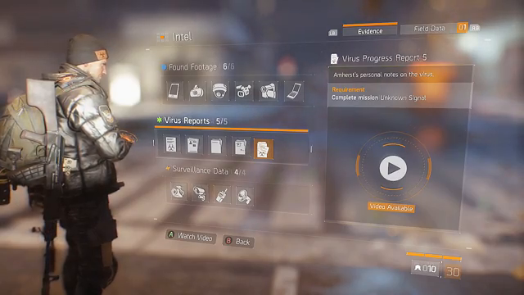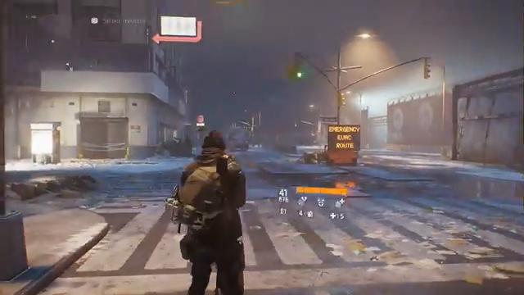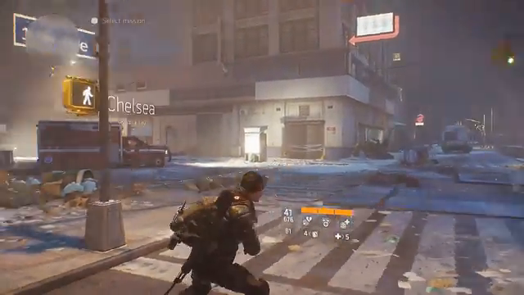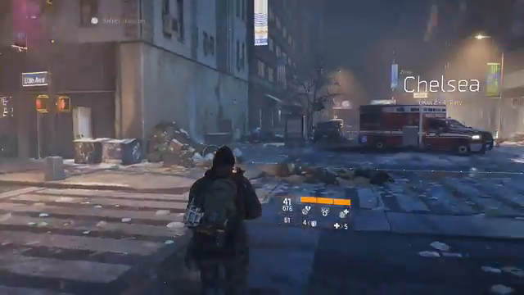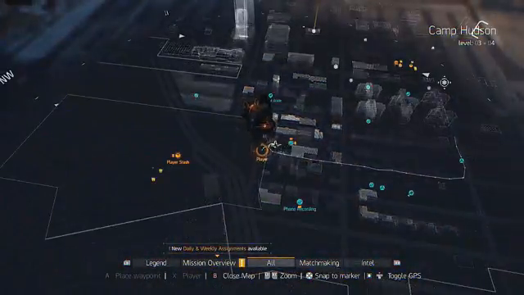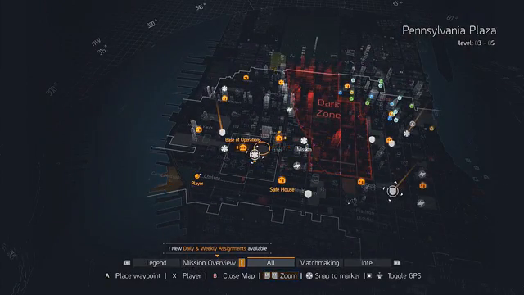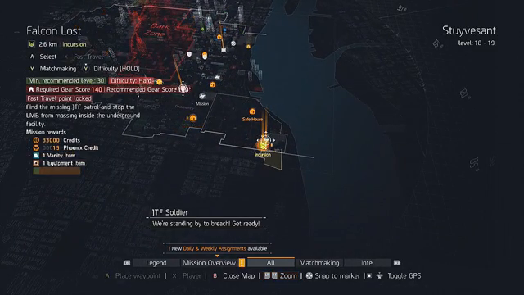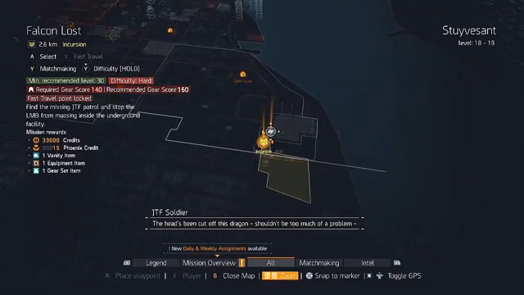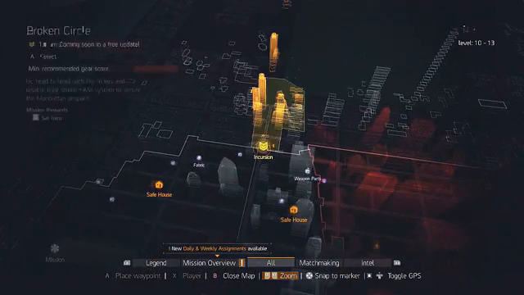So, there we go. I still think it's wrong. But is that it? Is that the last mission? I think it might be, you know. I think that's it. I think the next thing to do is to do these. Head's been cut off this dragon. Shouldn't be too much of a problem. 140 required for that one. This one up here is